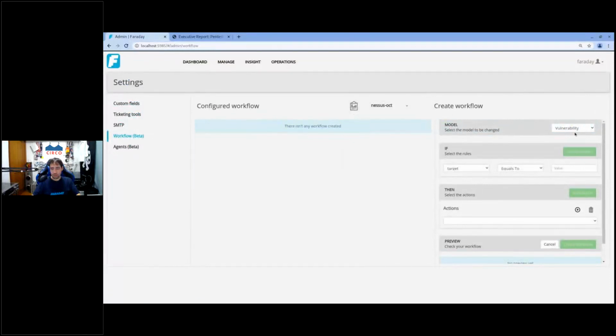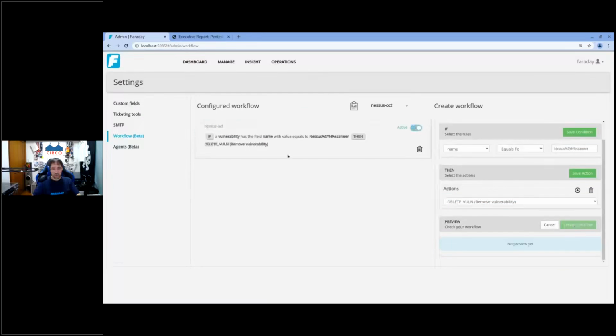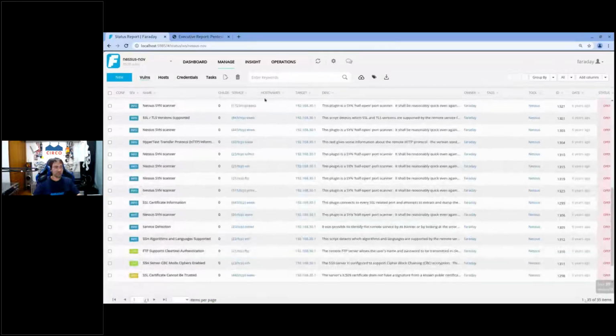So when there's a vulnerability and the name is equal to sync scanner, then the action will be, I already have defined an action called delete, save action, and create a workflow, right? And this is active on the workspace. So what this does is allow me to create a specific workflow for actions. So when I import data, in this case vulnerabilities, we will actually delete those things, right? So let me re-import and